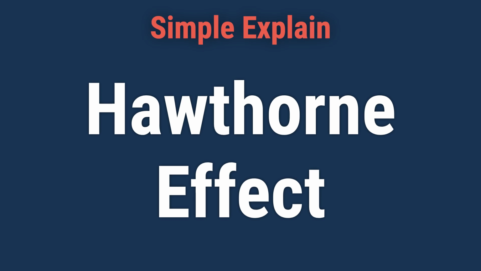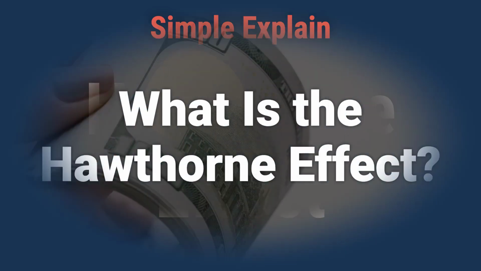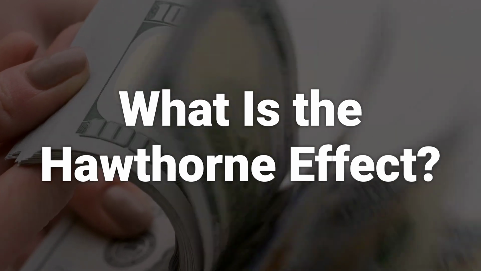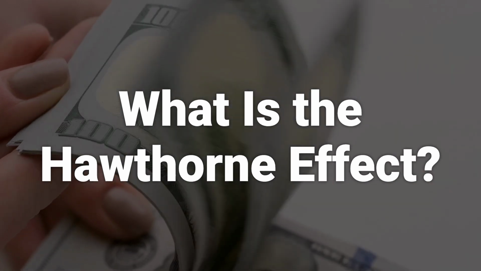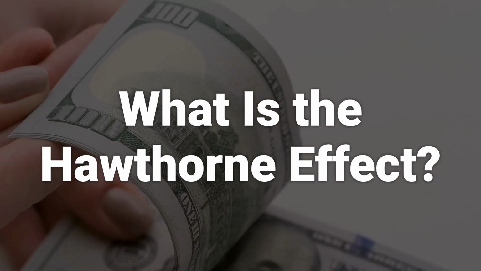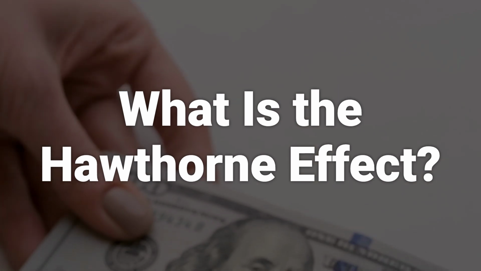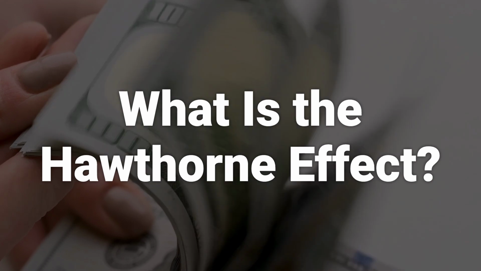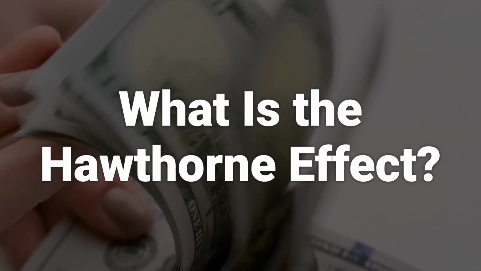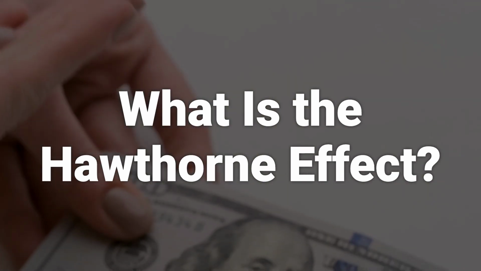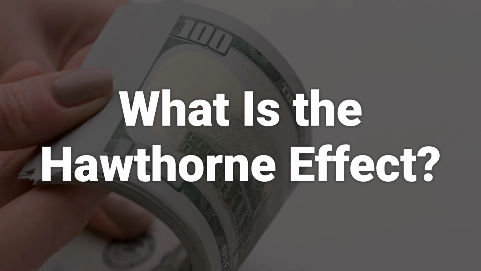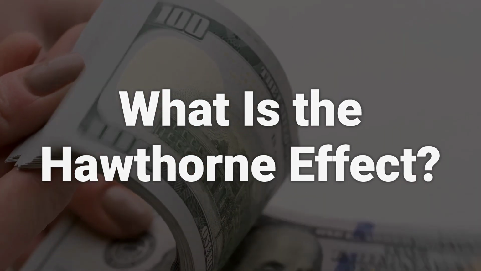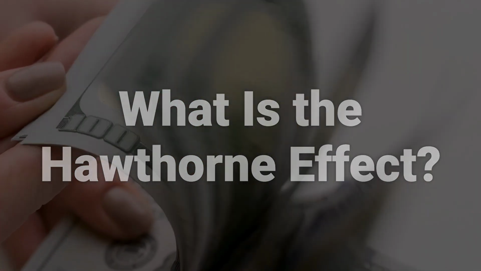Today, we will talk about the Hawthorne effect. The Hawthorne effect is the inclination of people who are the subjects of an experiment to change or improve their behavior simply because it is being studied and not because of changes in the experiment parameters or stimulus. It was first identified by organizational researchers in the 1920s. More recent research suggests that the Hawthorne effect may not actually be real and that the original study was flawed.